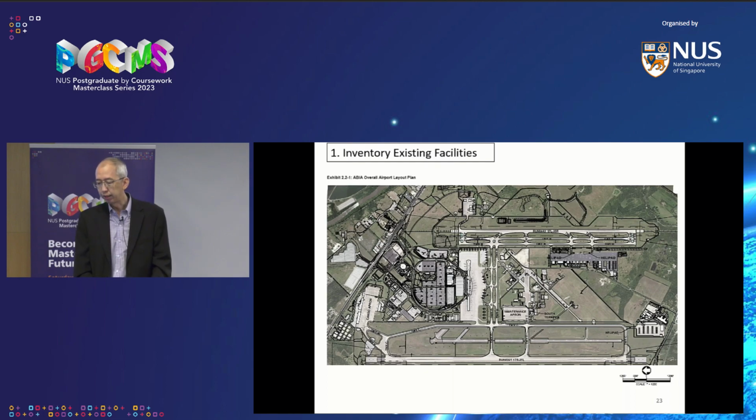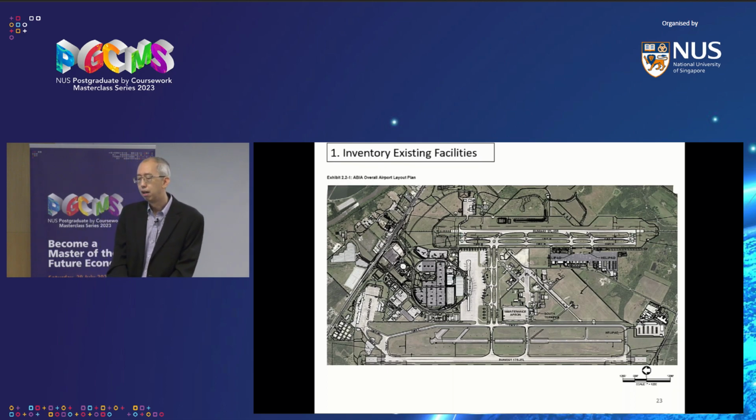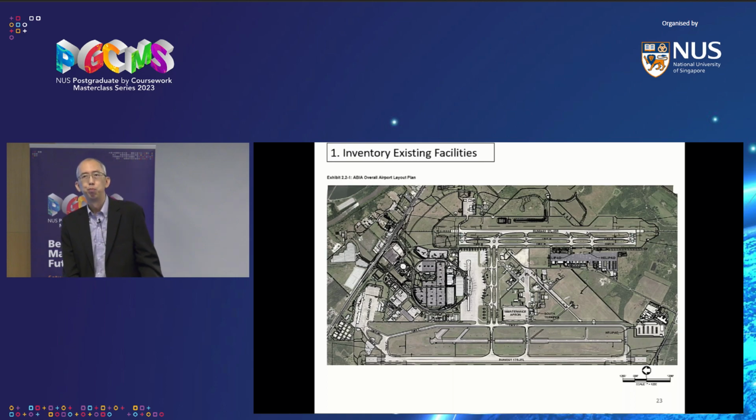And then you can see the terminal building right in the middle. And then you can see the two cross taxiways. And then on the left side, you can see they have lots and lots of parking. They have like 10,000 parking spaces. It looks like an eyeball, okay? Because for them, cars are the main way you get to and from the airport. So you park at the airport.